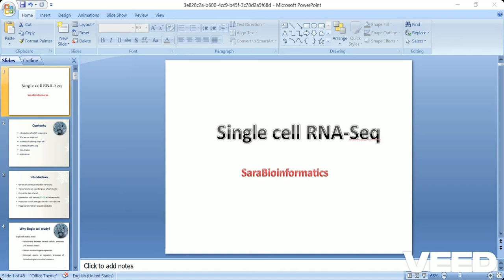First of all, I will talk about what is RNA-seq and what is single cell RNA-seq. Let's start with the basics. So, what exactly is scRNA-seq? It's a technique that allows us to study gene expression at the resolution of individual cells, unlike bulk RNA-seq, where we get an average signal from a population of cells. Single cell RNA-seq helps us uncover the unique gene expression patterns of each cell. This is really powerful, especially in tissue where you have a mix of different cell types.